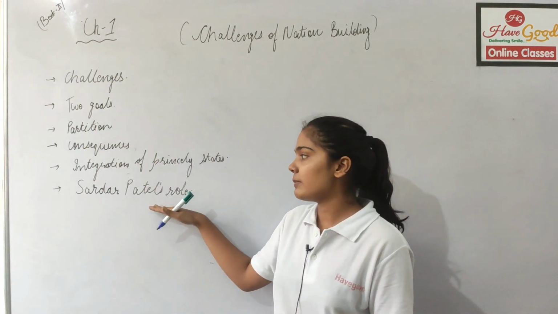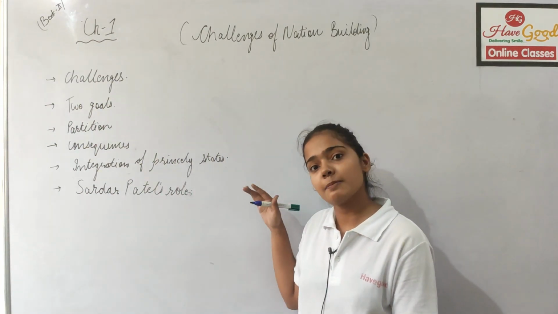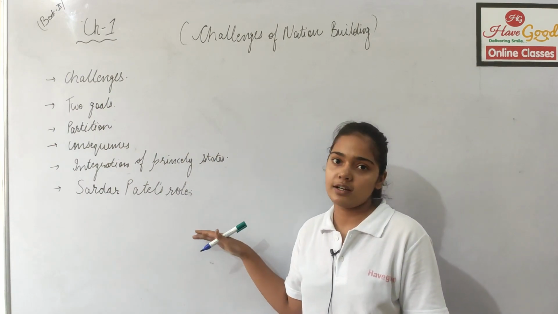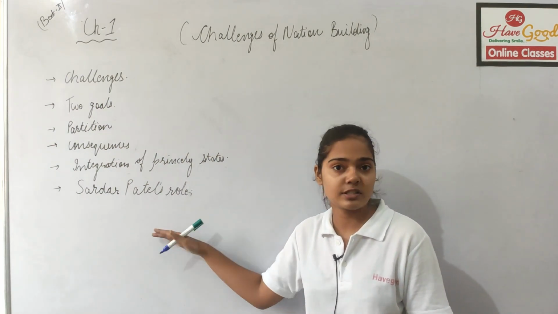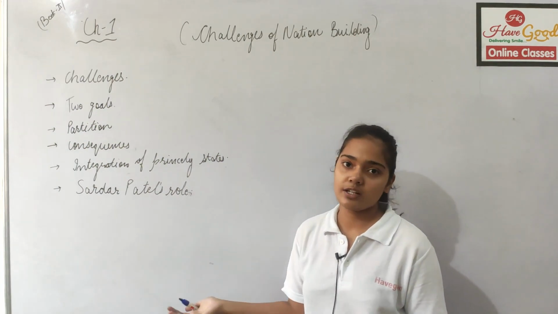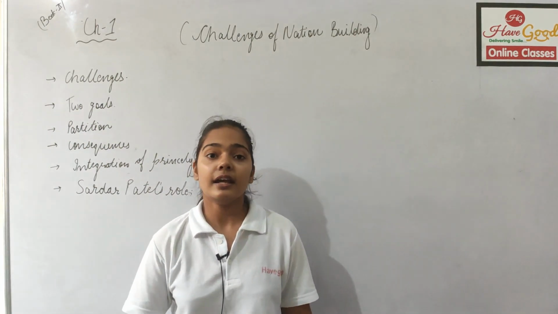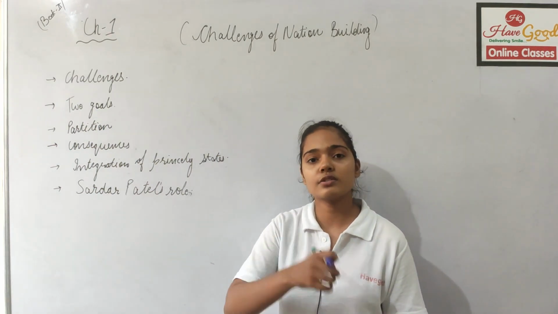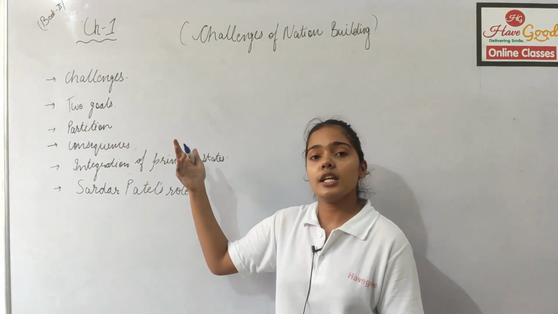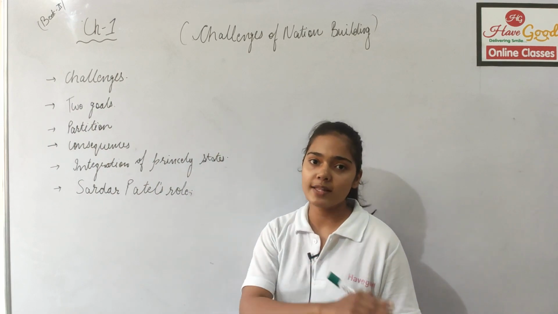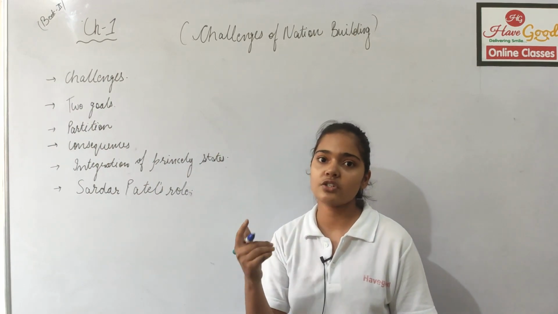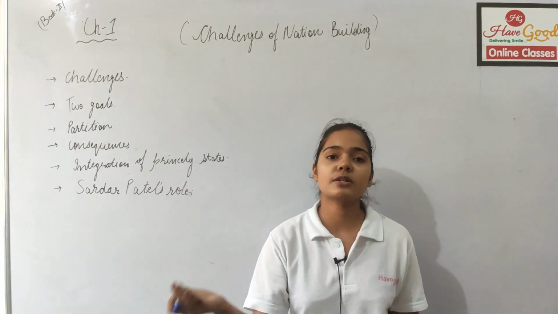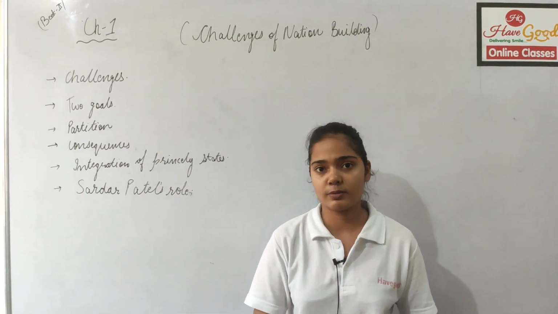But Sardar Vallabhbhai Patel is known as the unity man of India, and he was the first deputy prime minister and home minister of India after independence. Okay, he played the major role in convincing these 565 states to sign that instrument of accession. He used his diplomatic power to convince them to sign and to be part of the Indian Union. The 4 states really created trouble, but soon and gradually they also signed the instrument of accession.